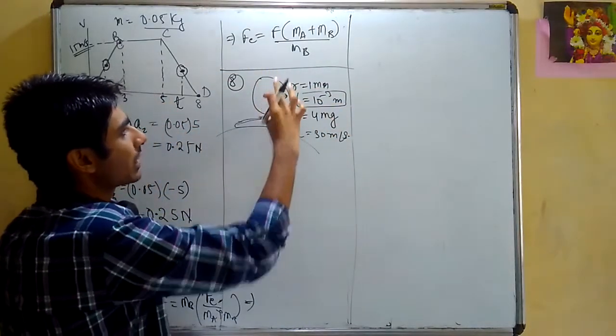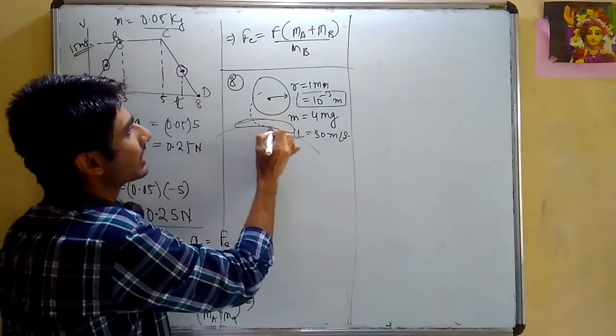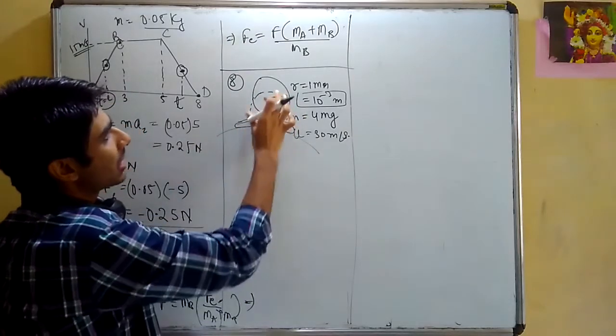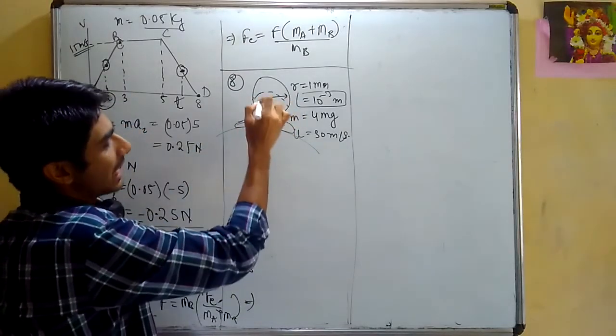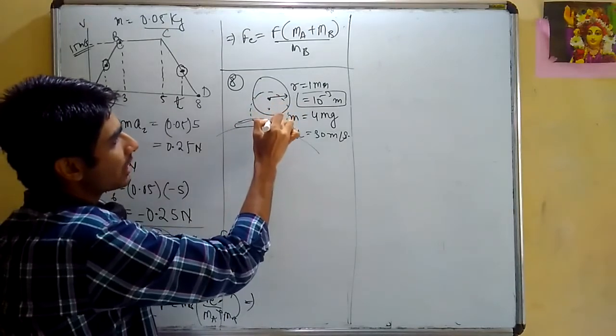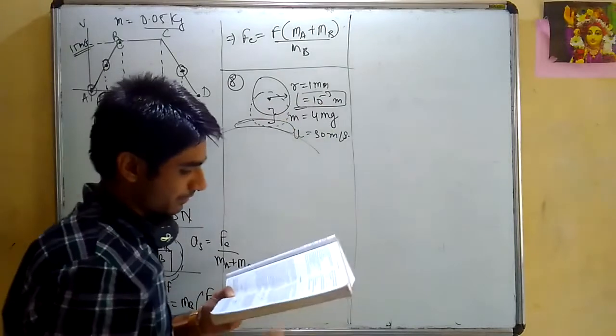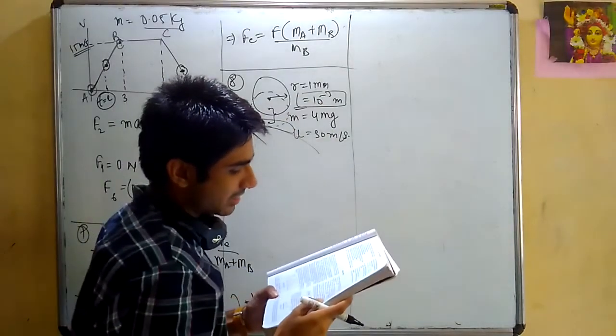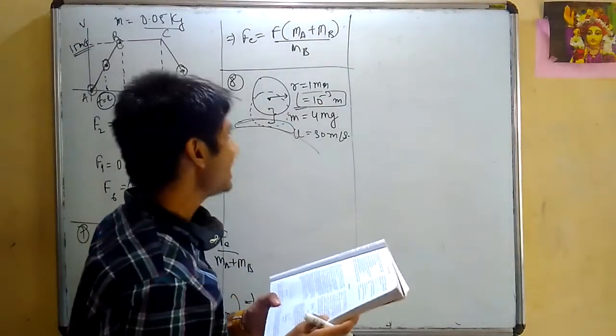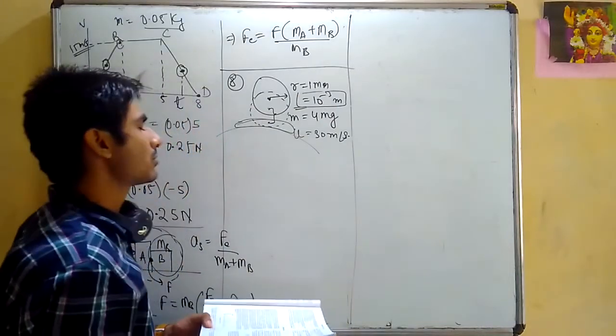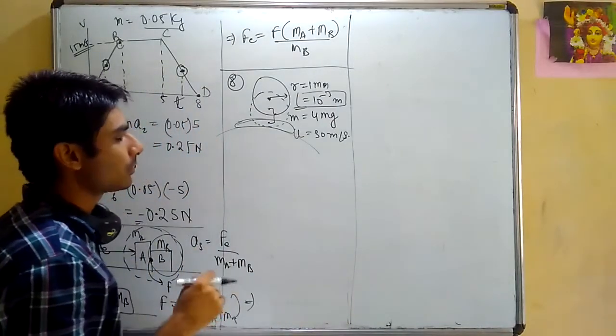After this drop has fallen down, the drop will come down like this, and from here it has fallen down by a distance equal to its radius. This is what is given in the picture. Estimate the force exerted by each drop on the head. I'm supposed to find out the force exerted by each drop on the head.